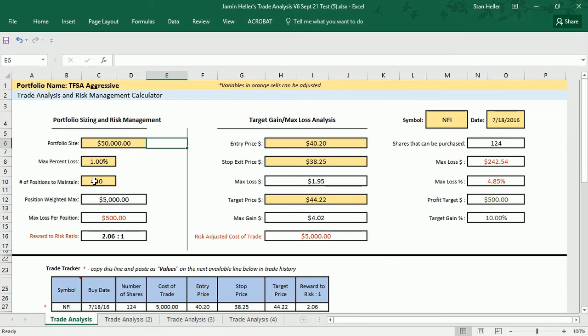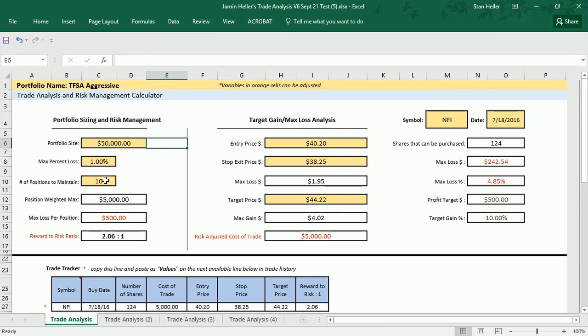Because it's dollar weighted to 10 positions at $5,000 maximum per position, because the number of shares is 124, we can actually risk $5,000 on this trade and still come out less than $500 in terms of our overall maximum